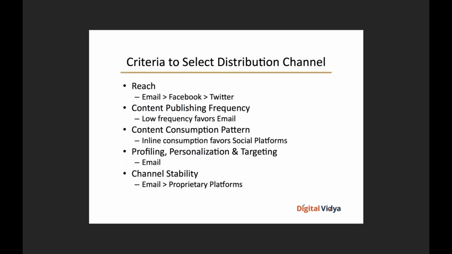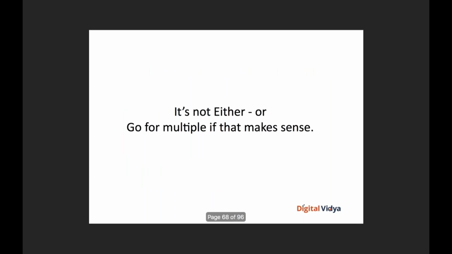If it's a slightly more engaged form of content, let's say it's a white paper download, or you want people to actually look at an ebook or a white paper which is 50 pages long, emailers typically work better. In terms of its ability to slice and dice, profile, personalize, and target your audience, emails are significantly better. And channel stability, again, you can either use an outsourced third party email platform. There are enough number of email platforms out there, or you can try to build it on your own. Amazon, for example, uses its own proprietary platform for sending emailers, but not everybody has the capability of an Amazon. So, using a third party off the shelf product would certainly be preferred over a proprietary platform.